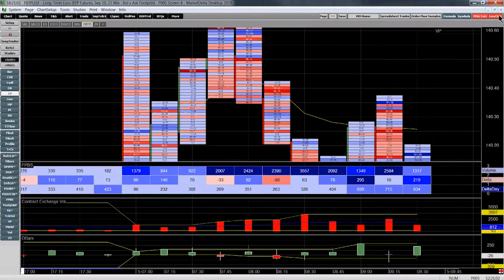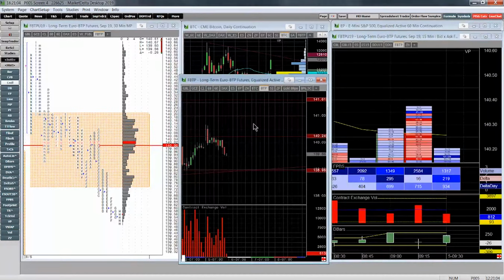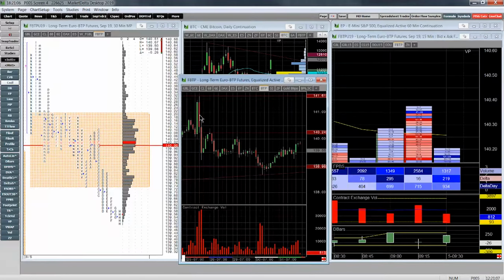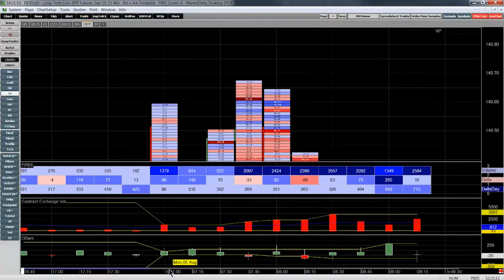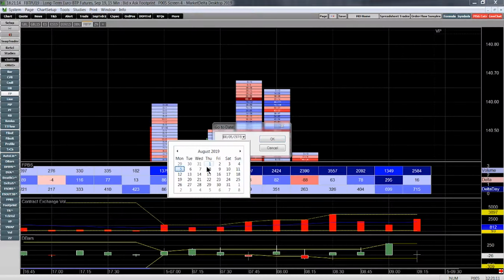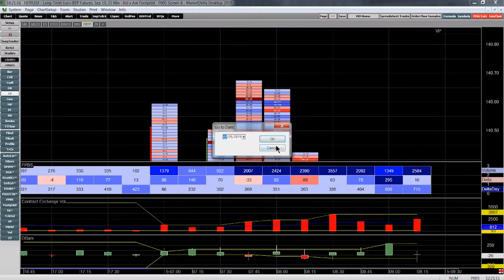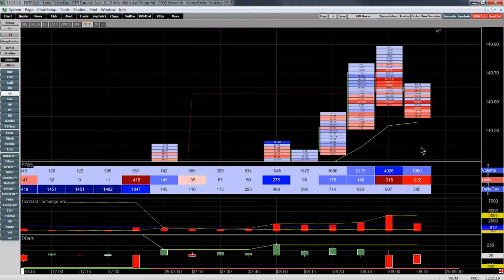So I just want to quickly get this date in mind so I can go back. Alright, so we're going to scroll to the 25th of July. Obviously you can go and see this yourself, but if we go to the 25th of July, we're going to start off with that rejection.